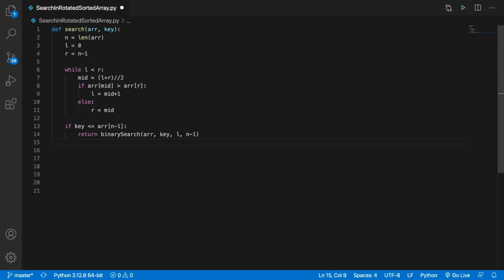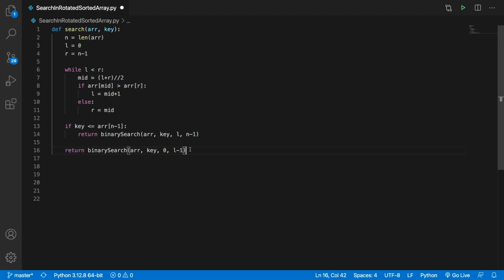And to do that, now I can apply a binary search on the left array then, right? I can actually copy this entire thing over here, paste it over here, and now see, my starting index will be 0. I will be starting from the first index, and I will be going till L minus 1, right? That's how my entire array has been divided into two different sorted arrays, right? So one is starting from 0 to L minus 1, and the other one is starting from L till the